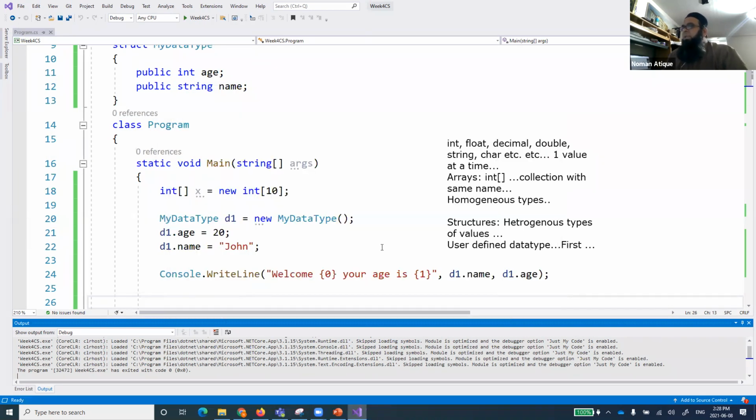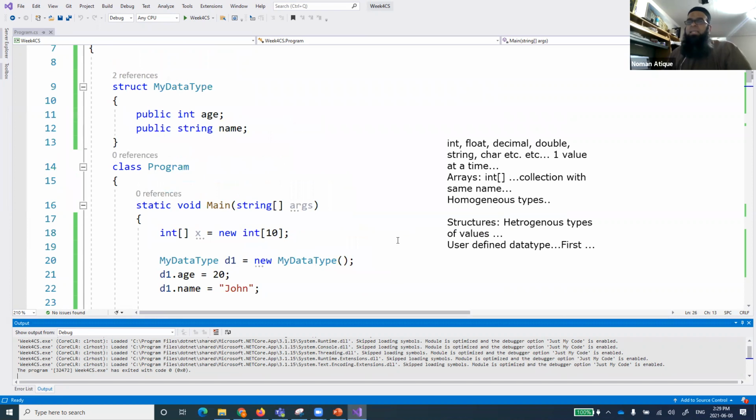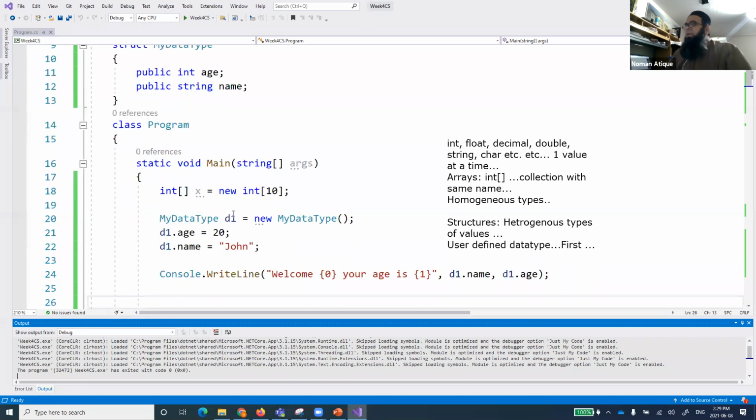So what is it doing? It is accessing the same name that has been used to store two types of values together. Now you can have multiple structures of this kind, and you can store just one of the values, and that will have a reference to everything. Do you people understand now?